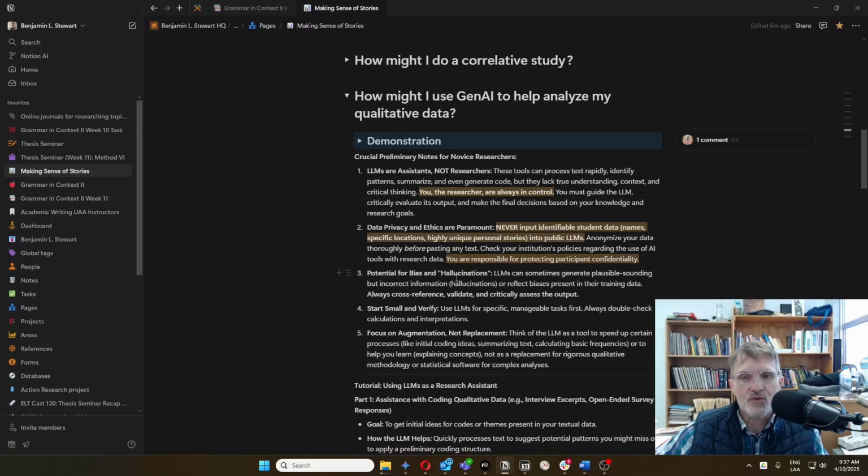We don't want to use anyone's real name, any names of schools. We want to protect the confidentiality of our participants, and this also applies whenever you're inputting or creating prompts and using generative AI for these analyses. So in this case, you can choose to use pseudonyms. That would be my recommendation, but you would want to use either fake names, pseudonyms, or maybe number some of your participants.